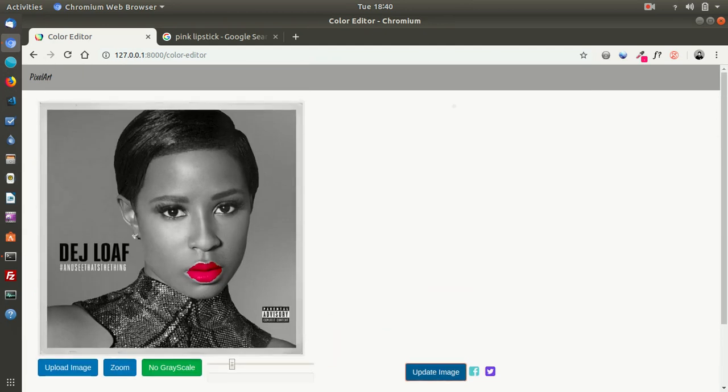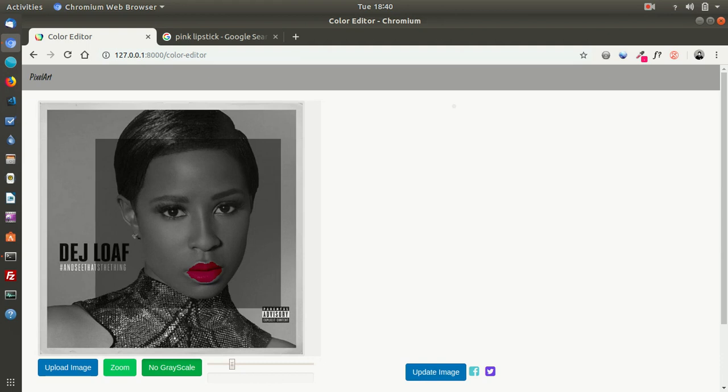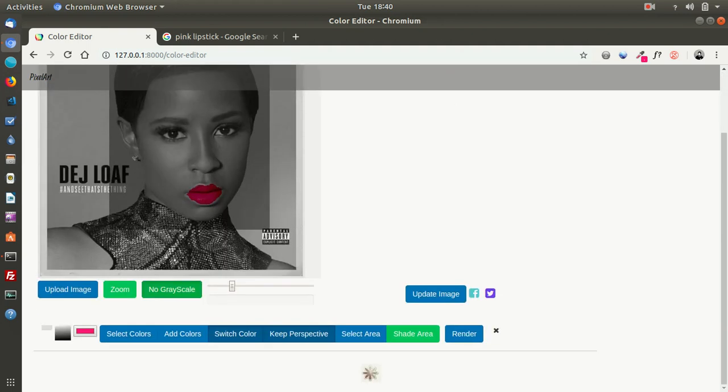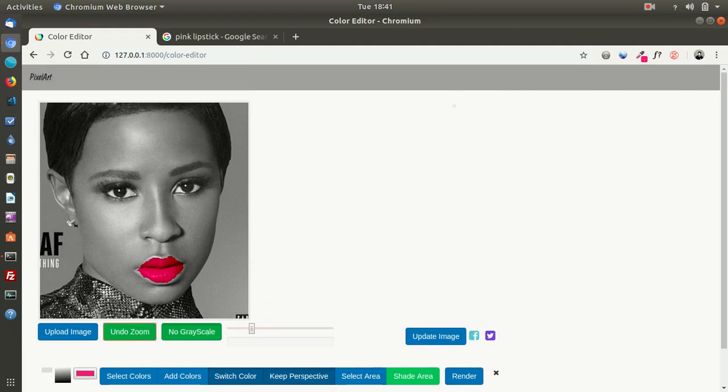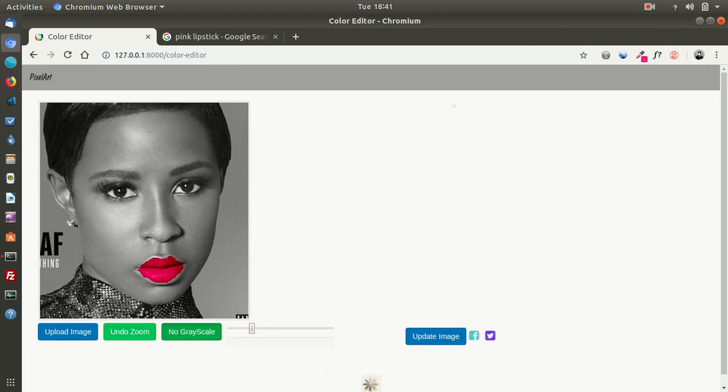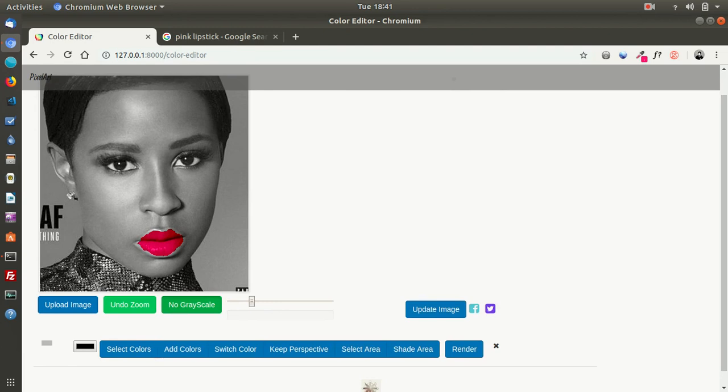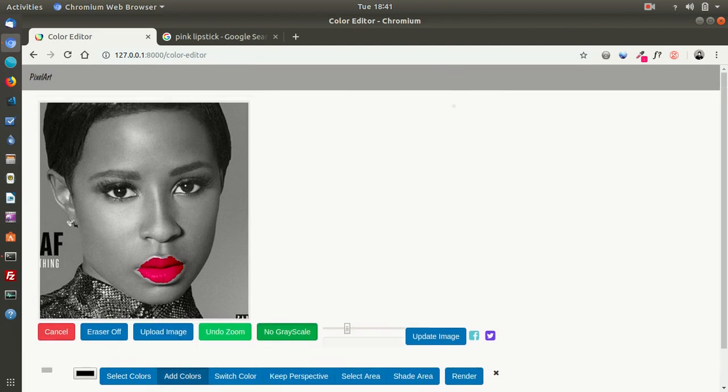And I think I'm going to keep this now. So the next step is to now, using zoom, select the area where I'm going to be working on next, which is the skin, starting with the face. So in this step, I'm going to use add color and shade in